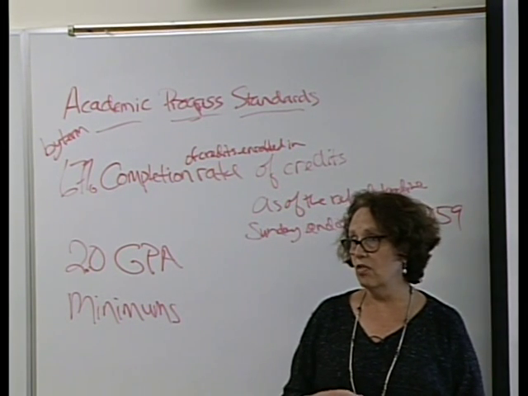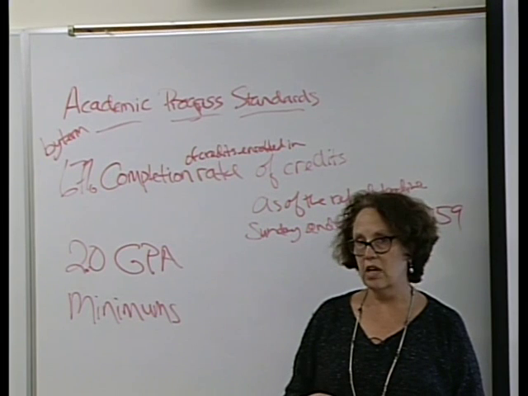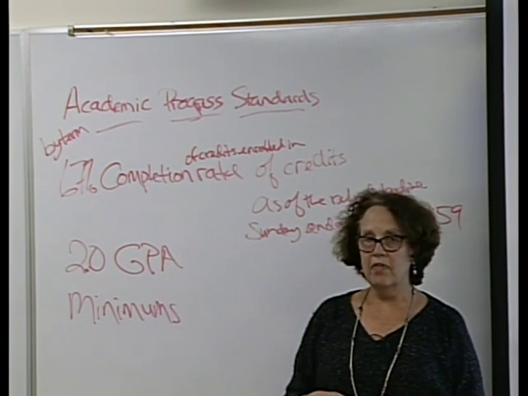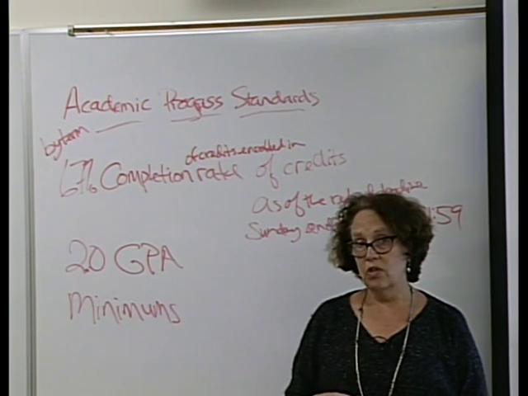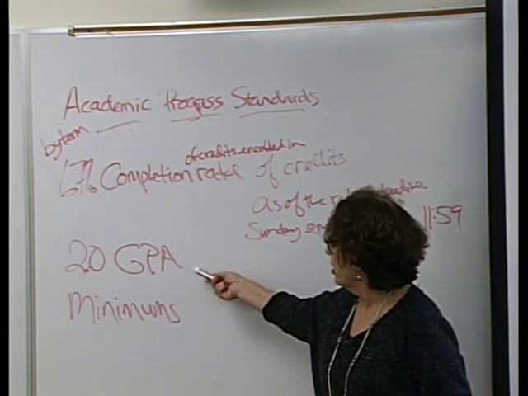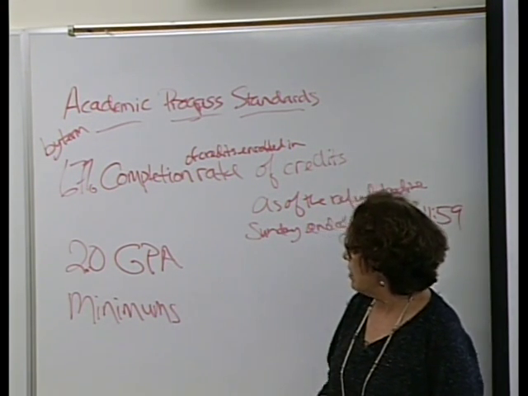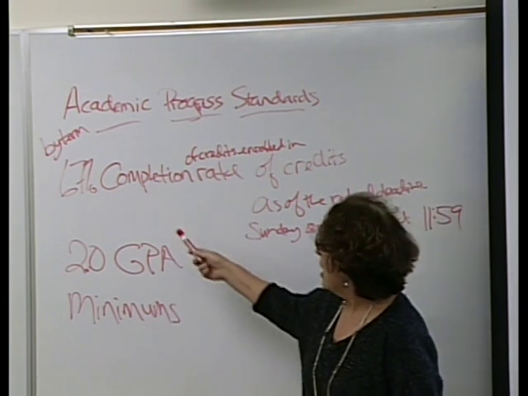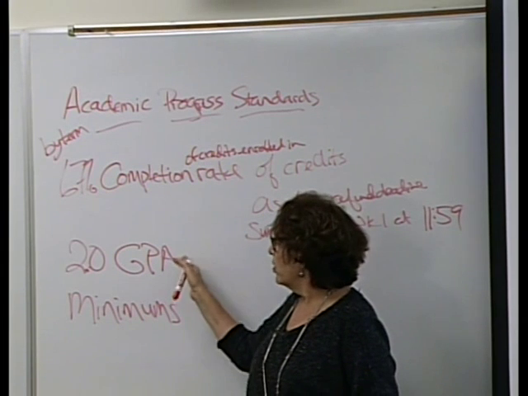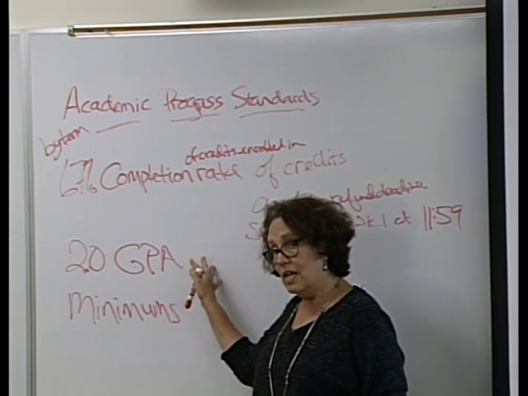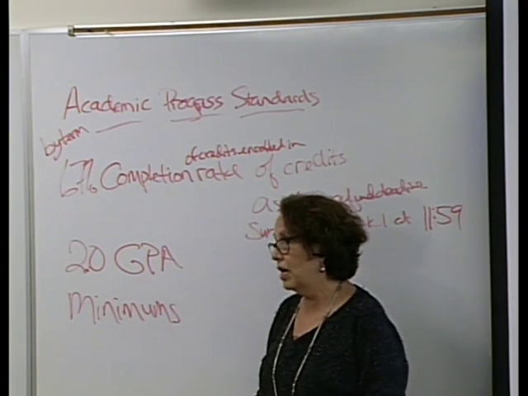and you're planning on transferring to a university, how many people are planning to transfer? So a number of you. 2.0 probably won't get you into most universities. So you're really shooting for more than this, aiming for higher than a 2.0, aiming for greater than a 67%. And there's really important reasons that these are the standards, and we'll talk about them in a few minutes, but